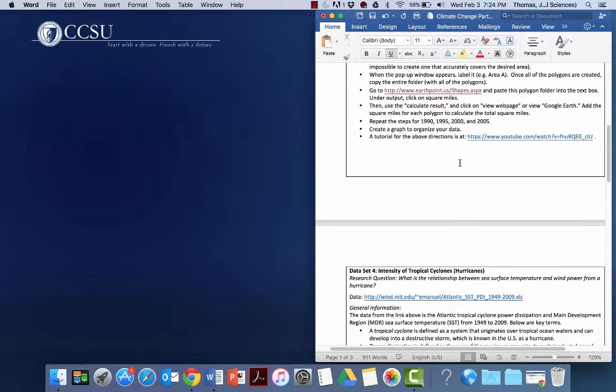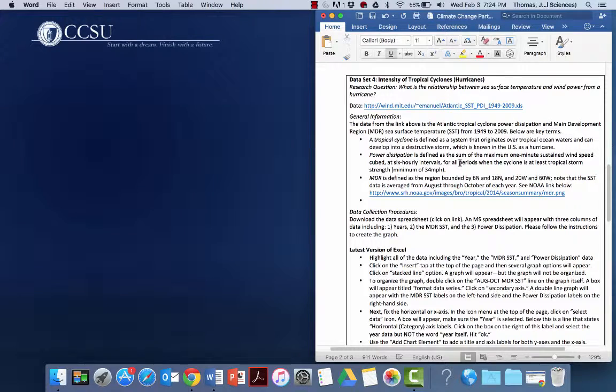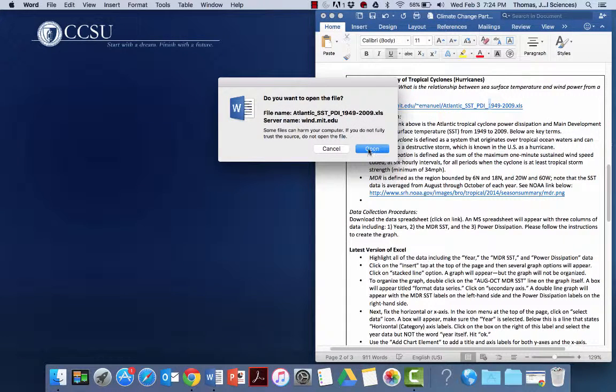Hello everybody, this is the second tutorial, and what I'm going to do here is provide you a way of how to analyze the intensity of tropical cyclones. The first thing we're going to be looking at is creating a graph using a